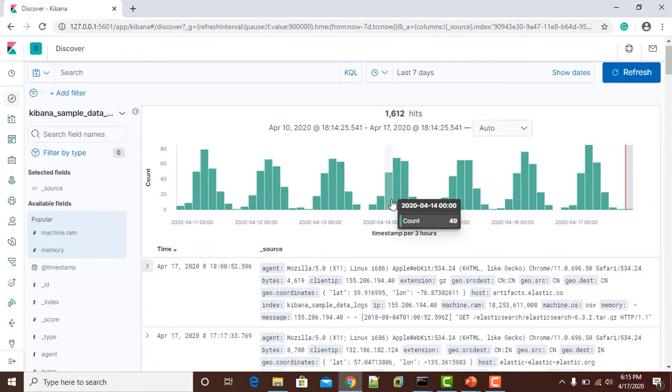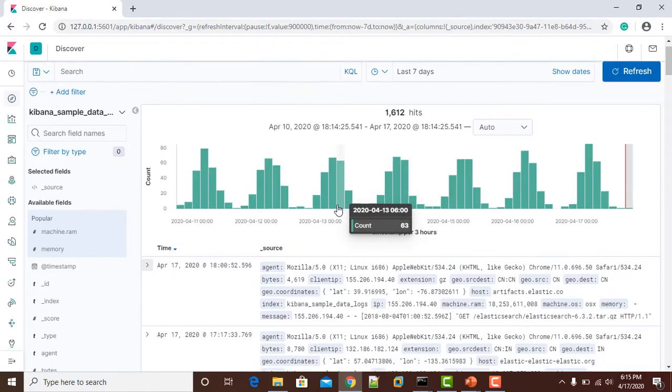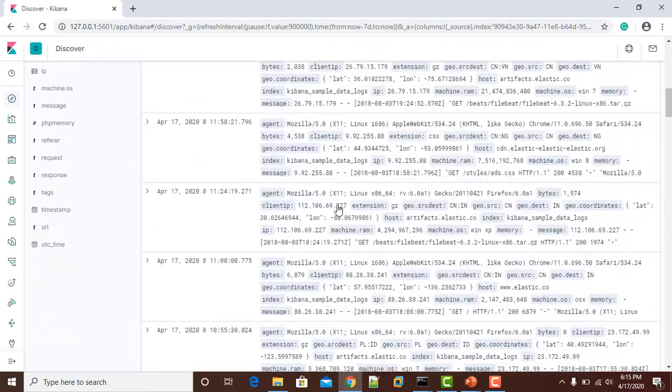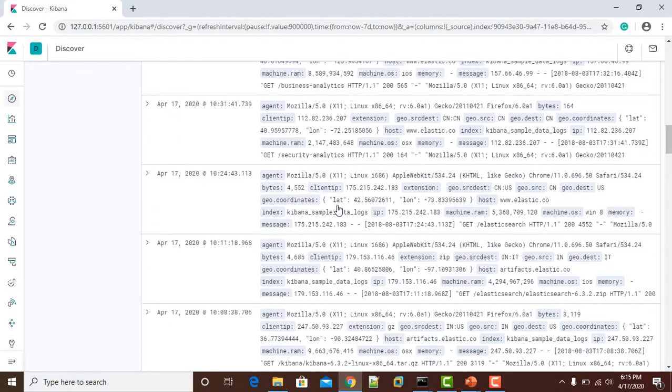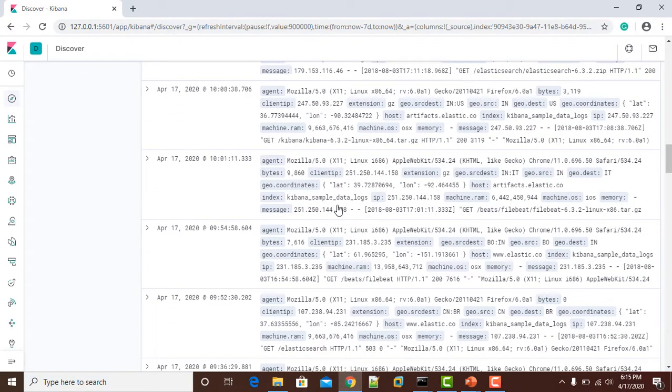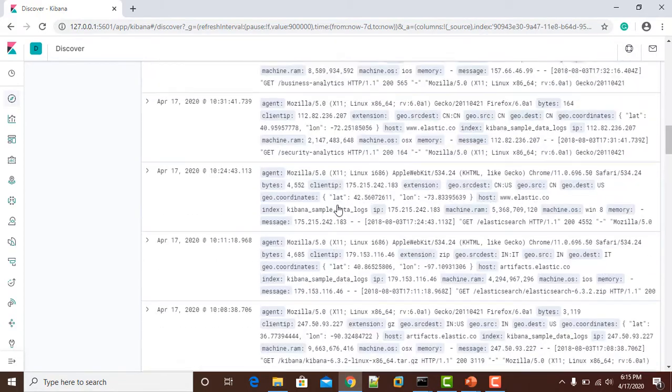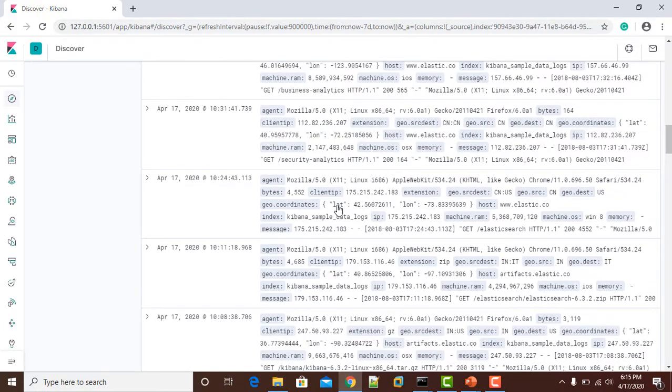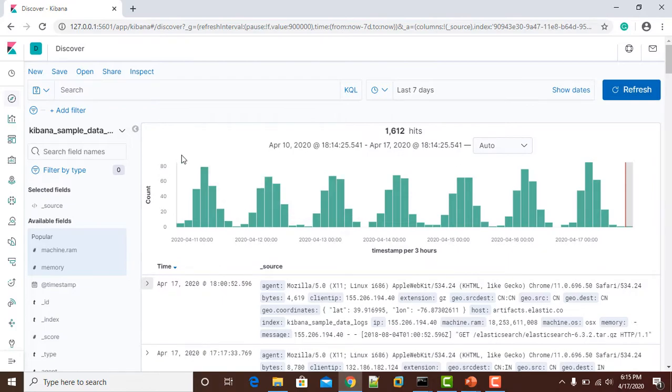Kibana provides you a default dashboard where you will find multiple raw logs. You can play around with these logs, and you can find good filters available. So let's move to the next.